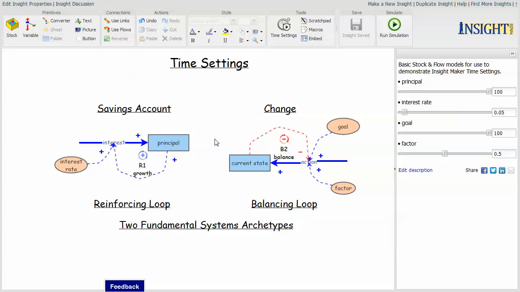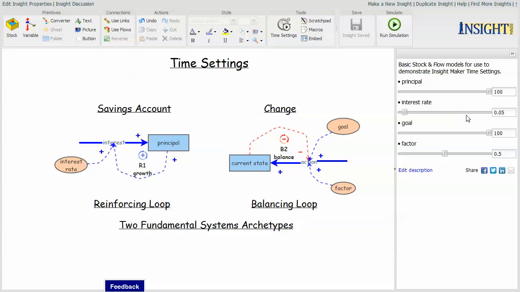several aspects of this. So the reinforcing loop is just a stock, and for a savings account the principal is a stock, with an interest rate, and periodically interest is calculated and added to the principal. So this is in fact a reinforcing or growth structure. And in this particular situation, the principal is initially established at $100. The interest rate is 5%, which I know is a little high for the current state of things, but hopefully